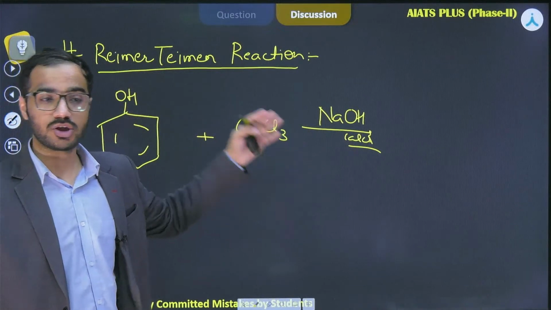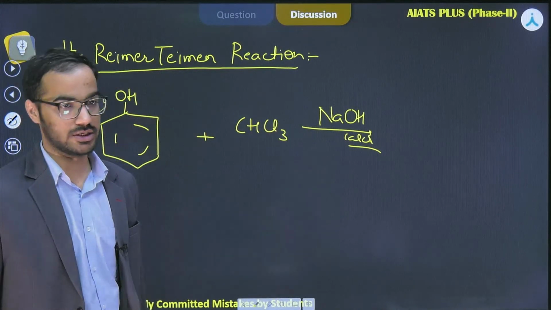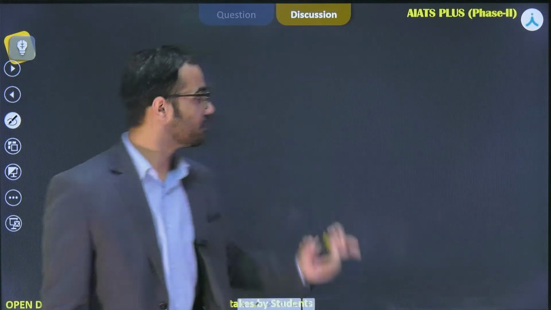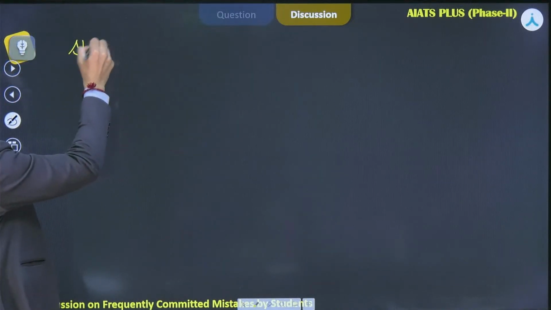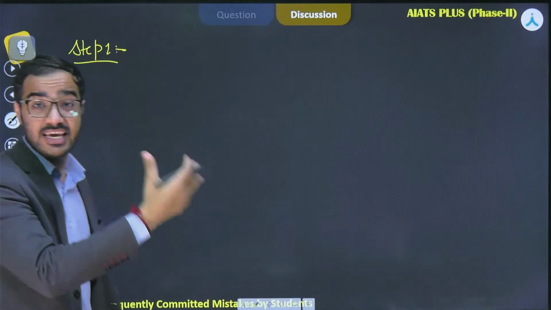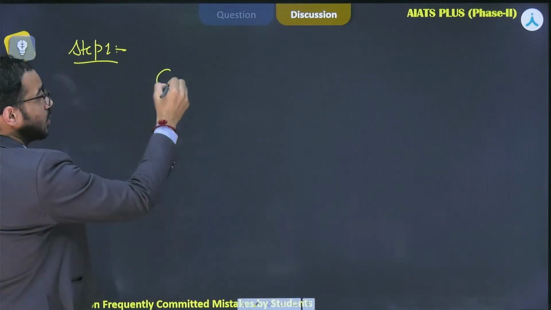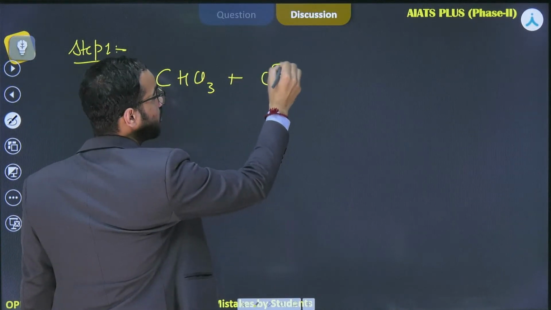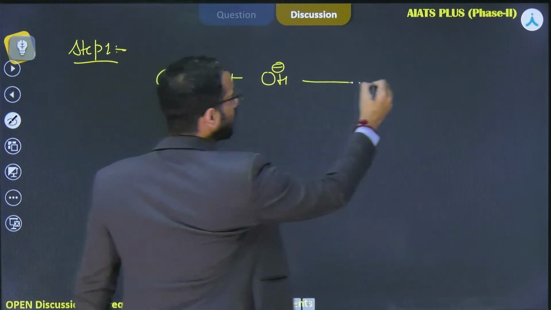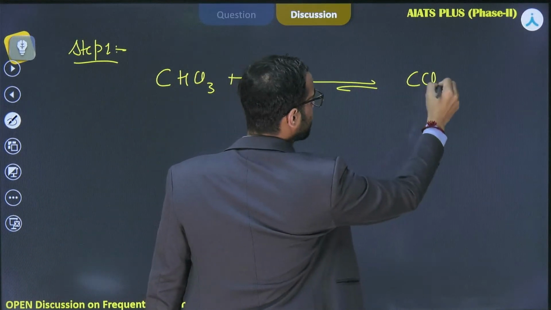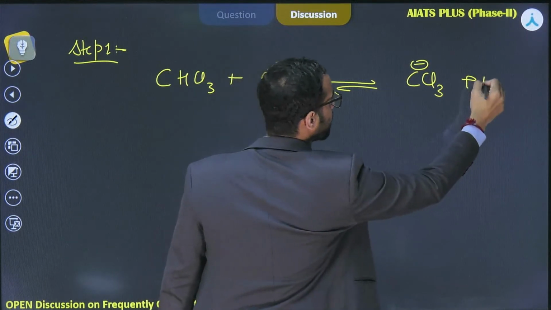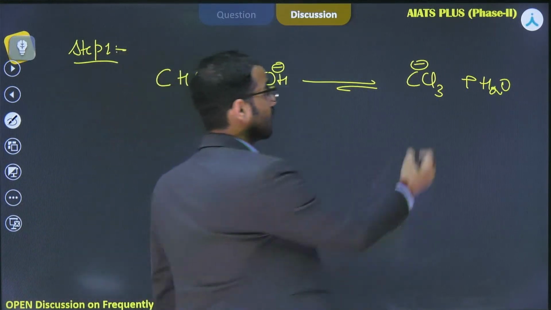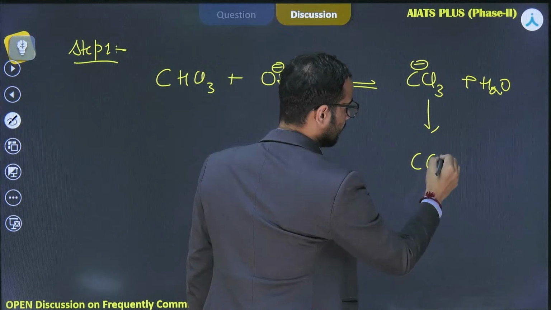So what will be the product formation after the mechanical approach? Now we have a base. So what will it do? See, you have step number 1. This is again the same as we have already done in the carbylamine reaction. You have CHCl3 reacting with base, OH negative. OH negative will abstract a proton and give you CCl3 negative plus H2O. And this CCl3 negative will again undergo an alpha elimination and yield a carbene,